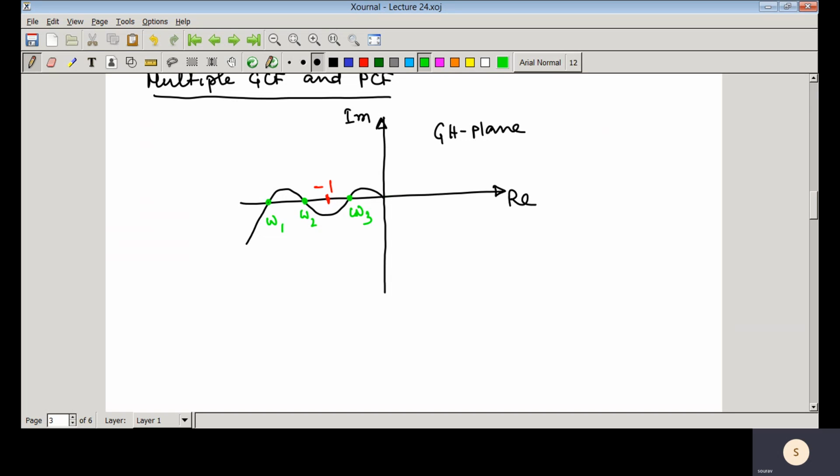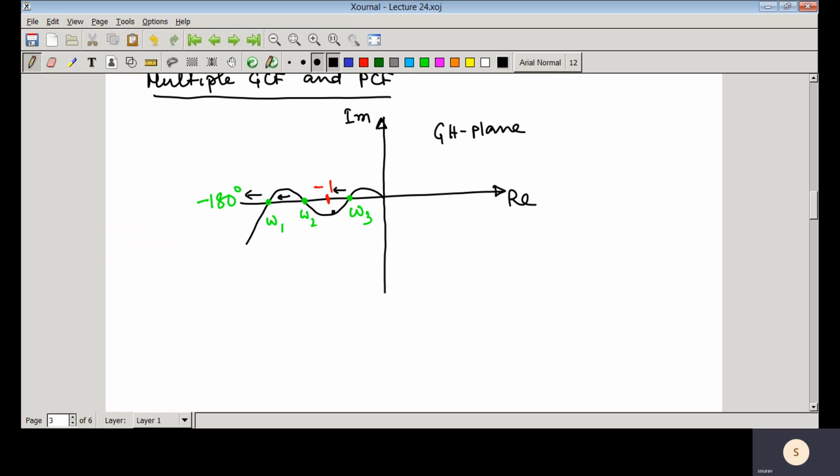And then we can see that there are three frequencies where that Nyquist plot cuts that minus 180 degree axis. So that means you have multiple number of phase crossover frequencies. So then what would be the case in this case? You can see that if we change the gain, then what happens? This particular point may shift towards that direction. That means if we start increasing that gain, this point also will be shifting towards left, and this one also will be shifting towards left. So at a particular gain,